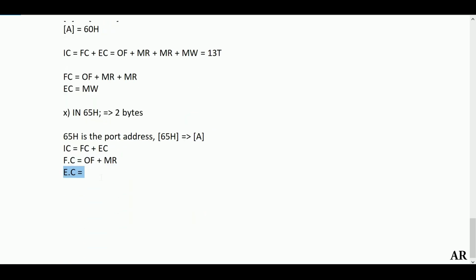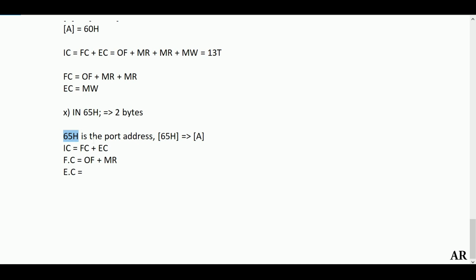So let me try to revise it again for you. You will be having a fetch cycle and execute cycle. In the fetch cycle, you will be performing an opcode fetch followed by memory read, because you have to read the 65H data. After that, in the execution part, this instruction is meant to read the data from the address 65H.